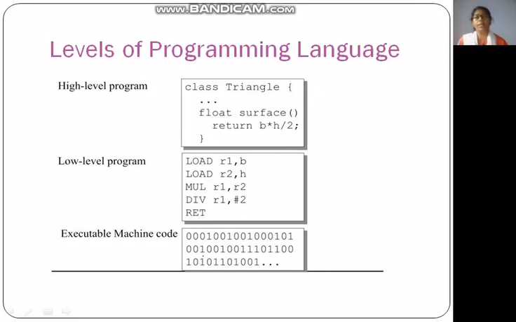Then what is a programming language? Language is used to communicate some ideas in your mind to somebody else. Here, programming language means the language used to communicate the idea in your mind to the computer. So that language must be in the format that is known by the computer. So we need to convert that to zeros and ones.